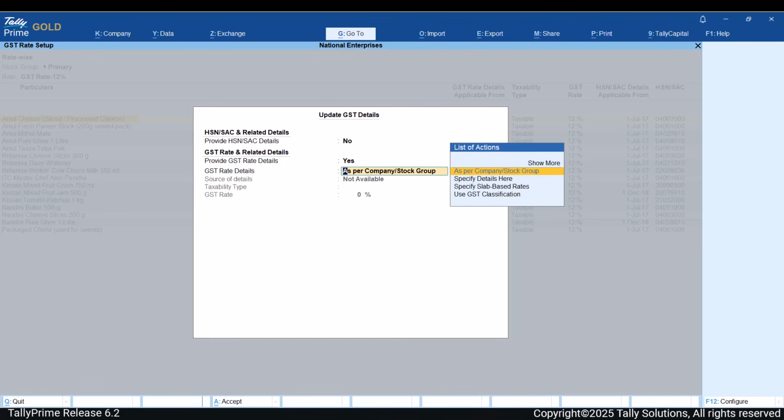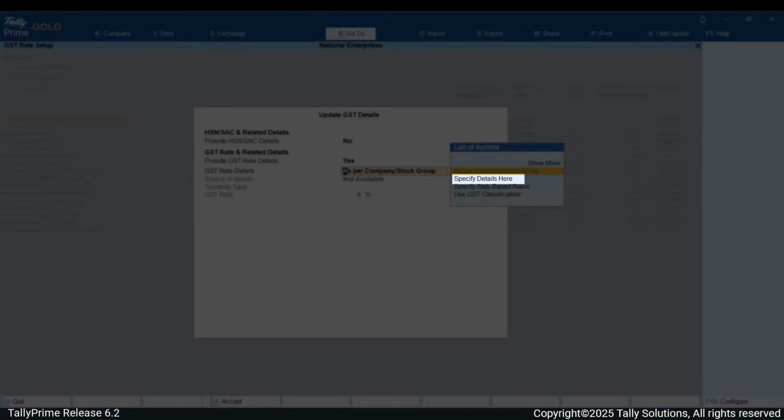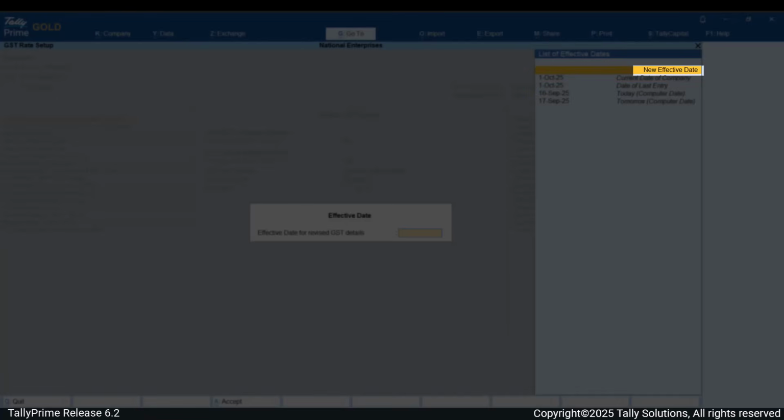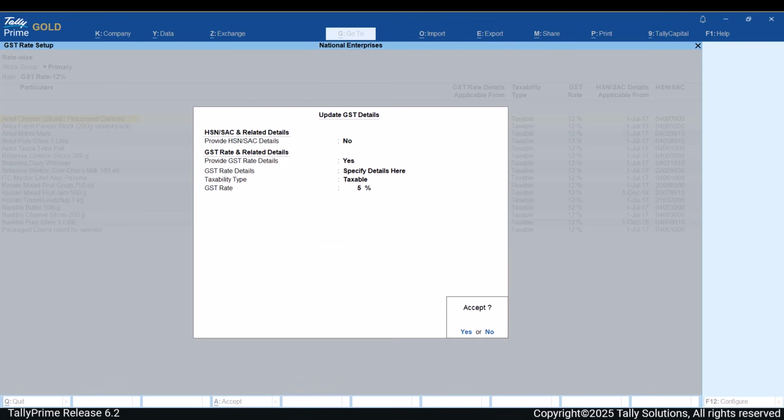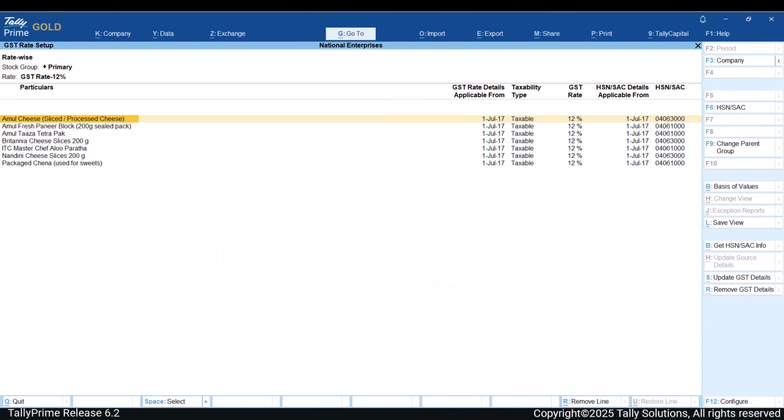In the GST rate details field, select the option Specify Details here. Enter the GST rate. Select New Effective Date option and enter the applicable date for the rate change. Save the changes. As you can see, the selected items have moved from 12% tax rate section.